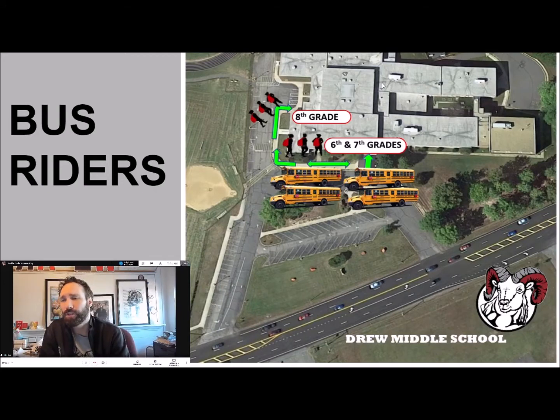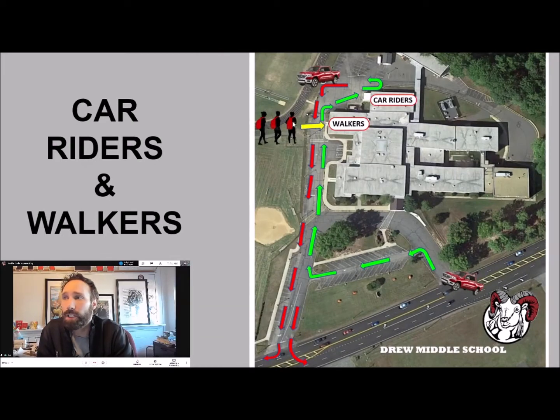All right. So if you are in the building for the rest of this year, most likely into next year as well, when we dismiss buses, that's how you'll exit. 6th and 7th grade through the front, 8th grade through the side. Okay. Let's talk about walkers and car riders. If I'm a walker, I'm going to come through the side doors right here. There's a little path that leads from the neighborhood. There's a nice little crosswalk right there. And you're going to enter, and if you were here last year, this is how we did it, but you would enter right here, what we consider the elective wing. Okay? So you're still coming in that way. No real change for you.